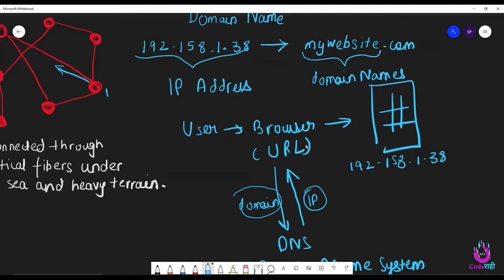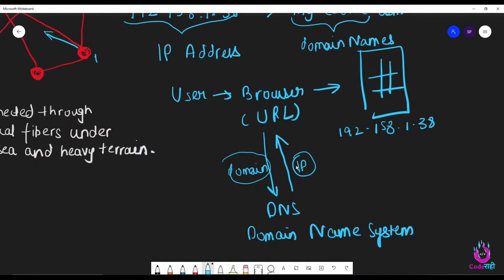Your browser, if it already has the IP address in its cache, it will directly send a request. But if it doesn't have anything in its cache, it will first send a request to the DNS server to resolve this domain name, because you as a user will never remember the IP address.